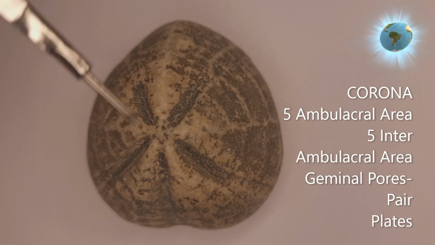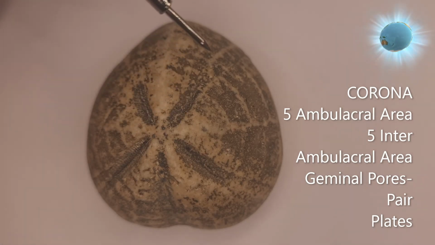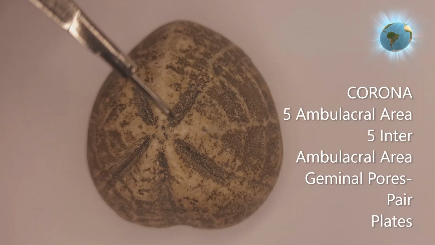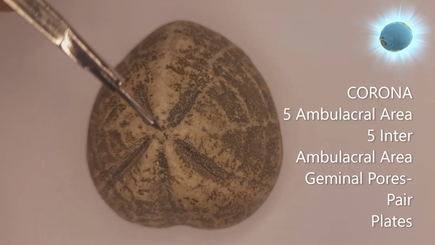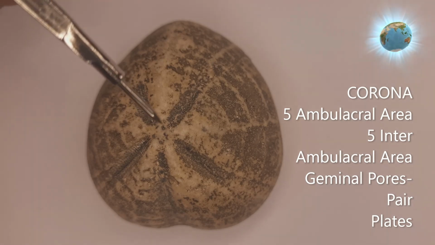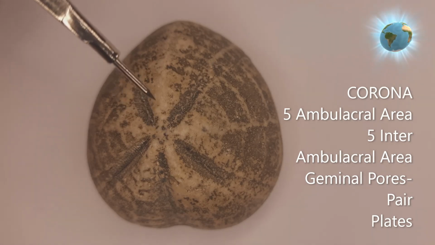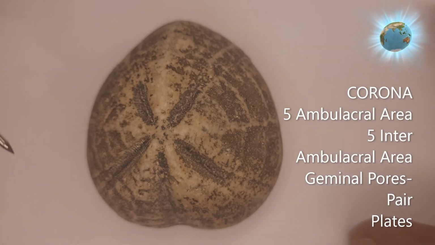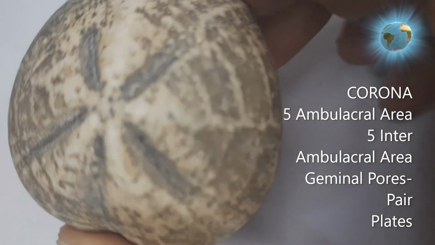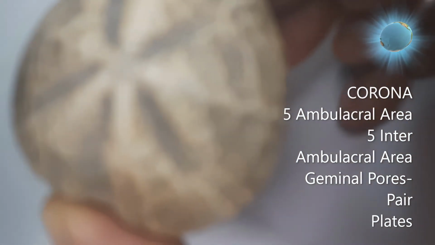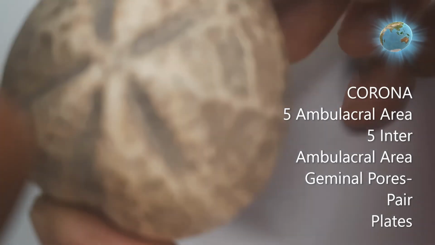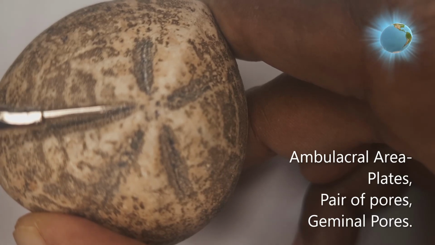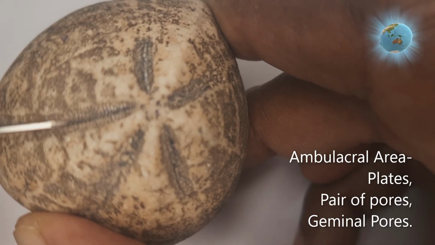Okay. So if you take one umbilical area here, you take any one. One umbilical area is made up of a set of plates. This is made up of many plates together, which are joined together or fused together. Now I shall try to show you by taking the specimen near to the camera, so that hopefully you will be seeing what is there in the umbilical area. You can see small plates in the umbilical area. Numerous plates are there.